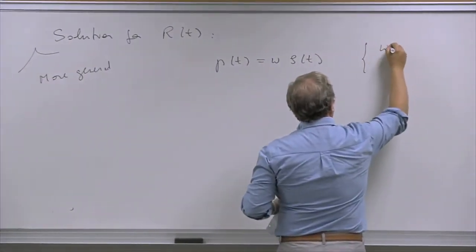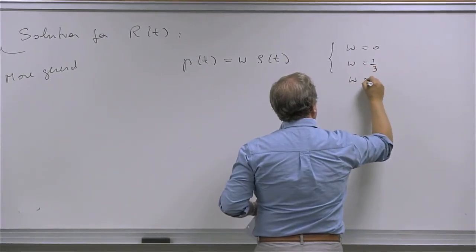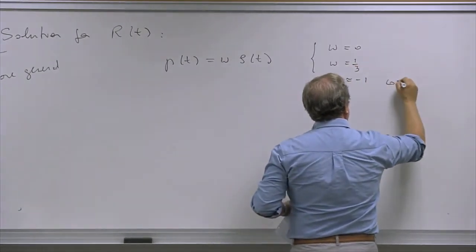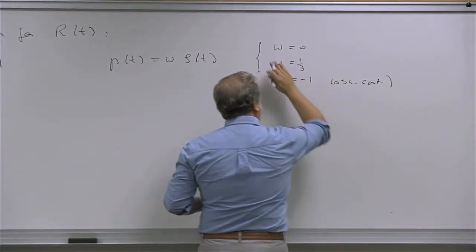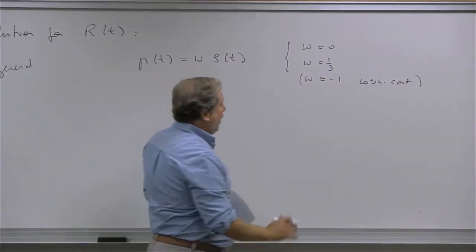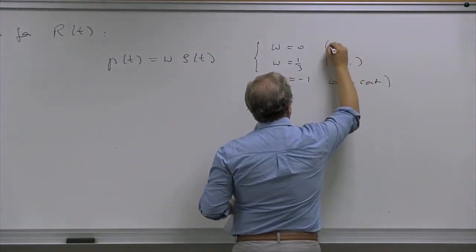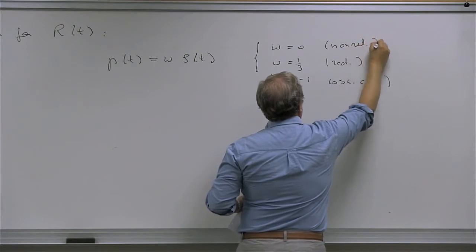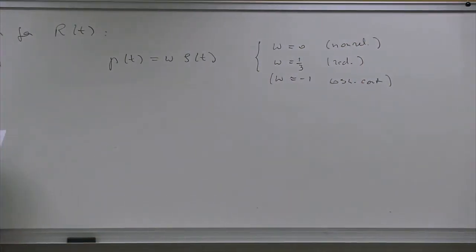And so we'll have W equal to 0, W equal to 1/3, and W equal to -1 for the cosmological constant, which is not a case that we need to fit into this category because we can analyze that separately very easily. But this would be radiation, and this would be non-relativistic matter, right? So if we do that, then we have that